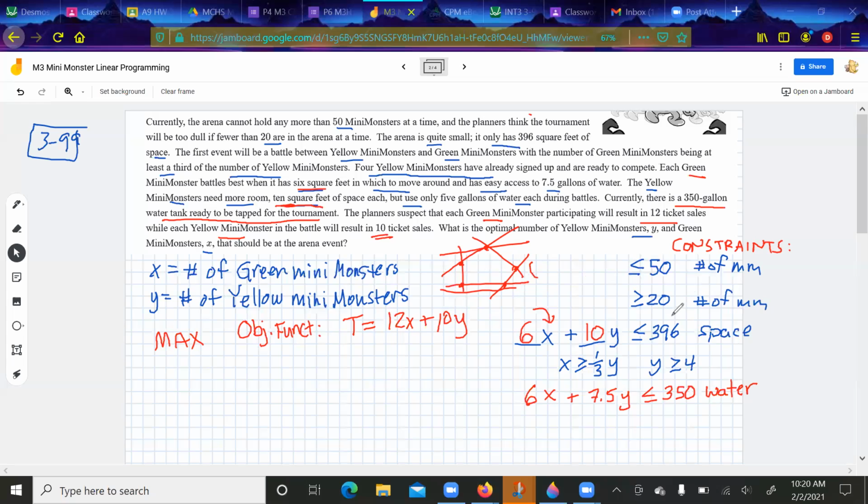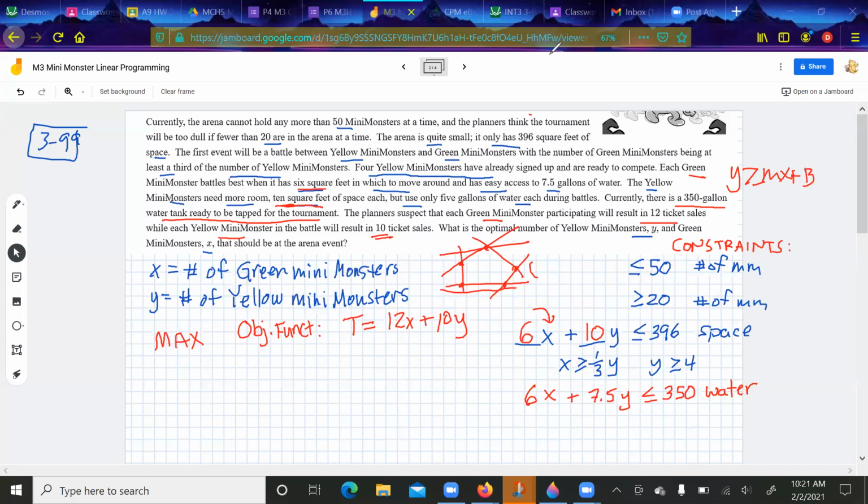We could definitely graph all these by hand. We would make them into y equals mx plus b, like y is greater than mx plus b. So I would solve this for y, this for y, and this for y, and do that. But our book has done that for us. If you go to the book, you can go to the